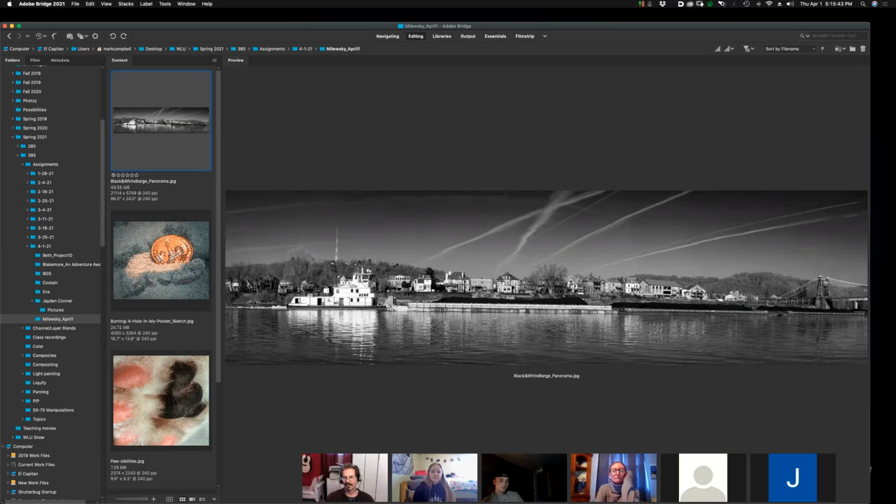Would I rather them not be there? Would I rather there be like puffy clouds? I don't know. I think, honestly, when I look at it, I think they belong there because the whole idea of transportation is what I'm seeing here. We've got the suspension bridge on the right-hand side, the barge, which is the river. So we have automobile traffic, we have river traffic, and we have airline traffic. So for me, those three things kind of work really well together. Plus, they create these cool leading lines